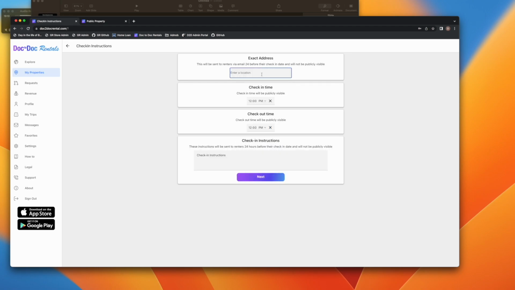Okay, so this is the final piece. From here, you just enter in all the check-in instructions, and this is not going to be publicly visible. It's only going to be sent to people who are actually renting. So I'm just going to select a random actual address, and check-in time, check-out time, again, pretty self-explanatory. And our check-in instructions. You can put a phone number in here, or some sort of information on how to actually check in, where a key is, maybe a keypad number. So we'll hit next,